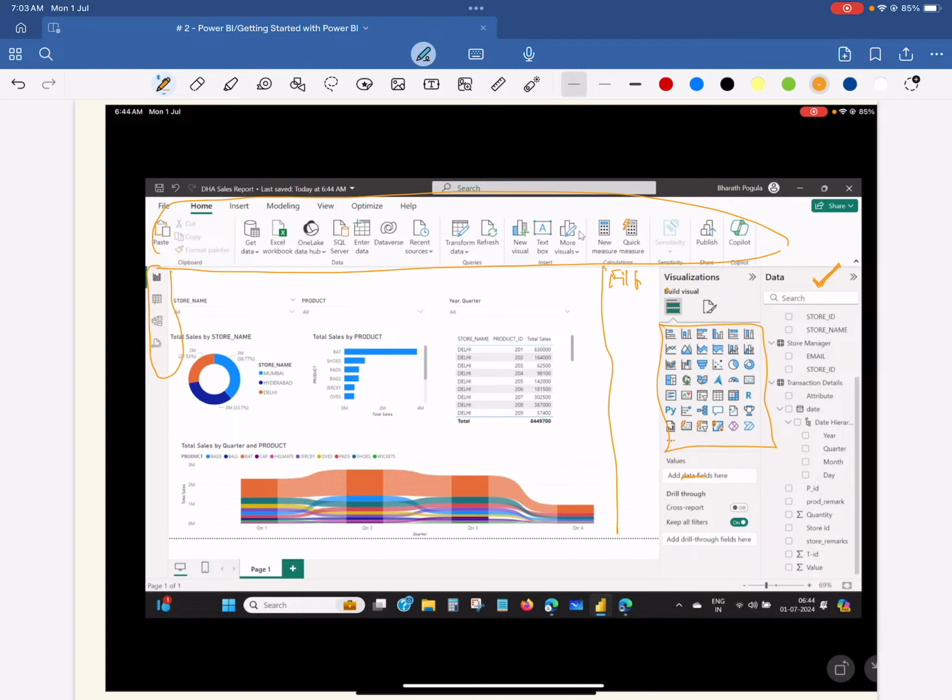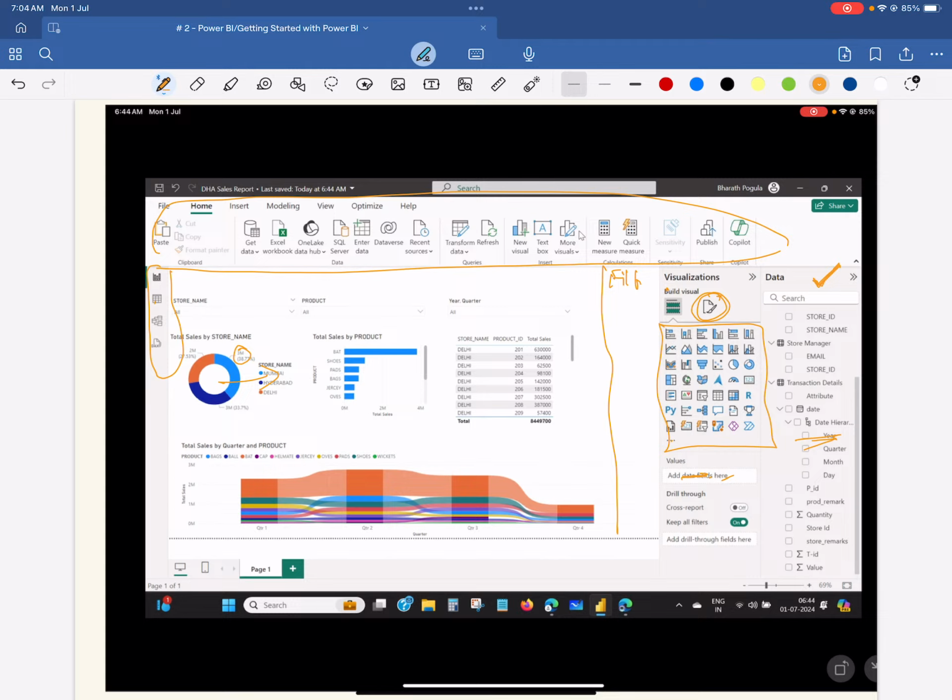And this section defines where you need to put all the attributes. If you want to visualize here, you have to get it here, right? And moving to the next one, the formatting one. If you remember, I formatted the sales to two digits. How did I do that? I went to this section, there were lots of formatting options, I selected the formatting from there, and I just did that, right? That's how I formatted